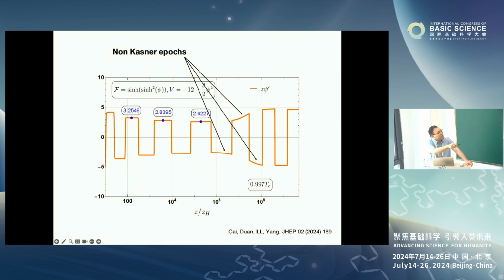And if we consider even more complicated couplings, like this case, you see here we have a platform, this is the Kasner universe. But we found that in this case, this is not a platform anymore. So this is the non-Kasner epochs. That means if we consider some generic couplings, the Kasner universe will be destroyed. This is, in some sense, a very surprising result, because previously people believed that near the singularity there should be Kasner epochs. But here we show that there can be non-Kasner epochs.